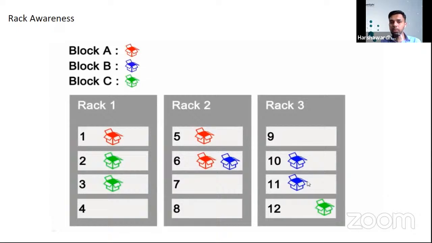But why do we have multiple copies? To make it reliable, right? That is what we discussed. And that's why the replication factor is set to 3. So it will pick one red, it will pick one blue, it will pick